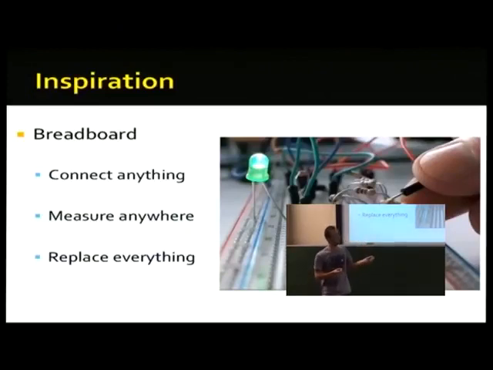One is that you can connect anything, so you can just put a new resistor in without changing anything else. You can measure it anywhere. You can take a multimeter or an oscilloscope and stick it in maybe several places at once and observe how the system's going, which also means you can test it. You can test a subpart of the circuit because you just pull out all the other connections and you can understand exactly what's going on within that part. And you can replace everything. You can take out one thing and stick something else in there. Again, you don't have this problem with the interface. You don't have this problem with recompiling. It's not going to complain that it doesn't know what the library is. It just doesn't exist. So try to think about how that might work.